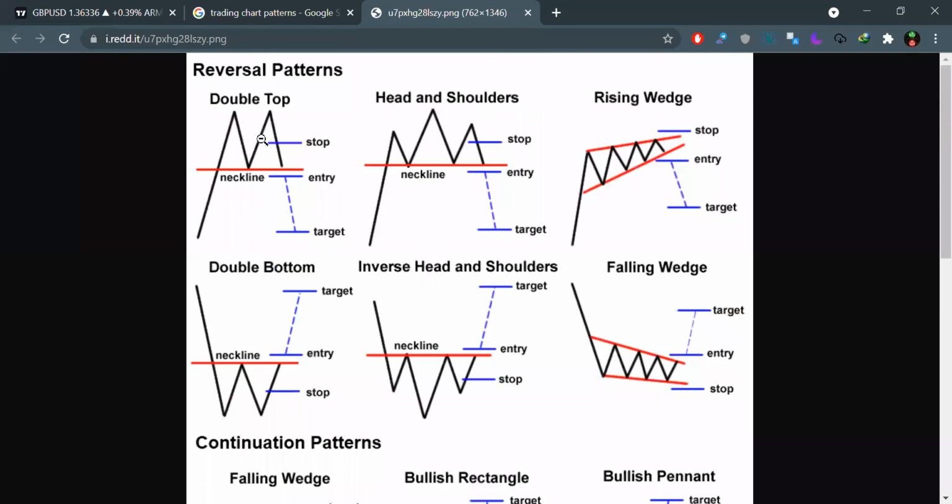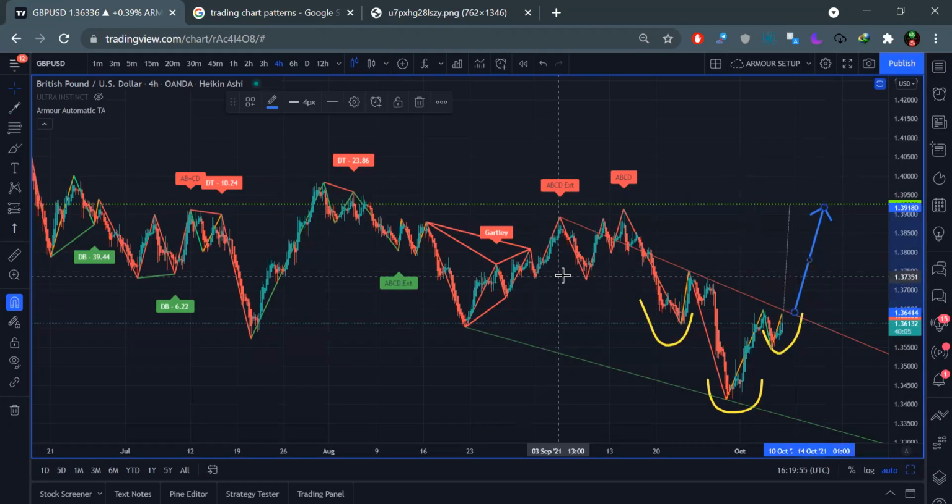So let's move on to the next one. It's double bottom or double top. And here is a double top. Here is a double top, and here is a double top as well. Top one, top two here as well. Top one, top two, drop, double top, drop, double top, drop. See,